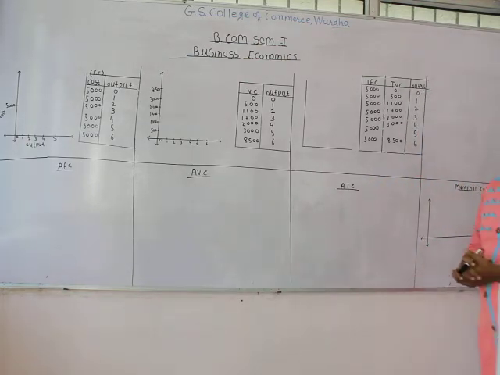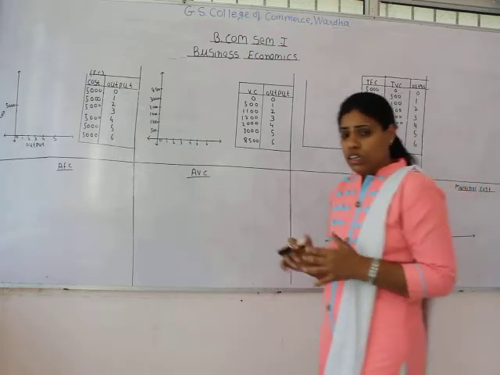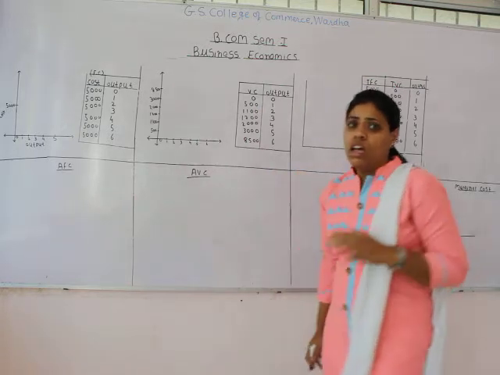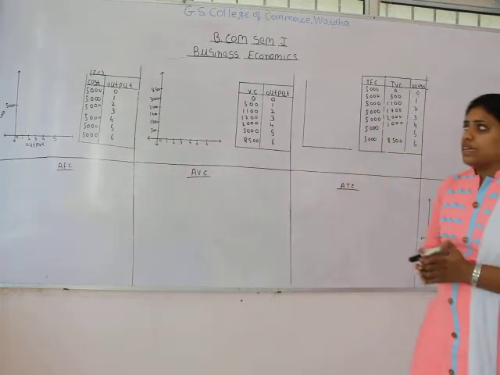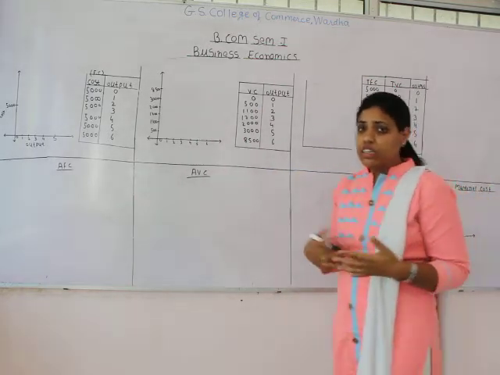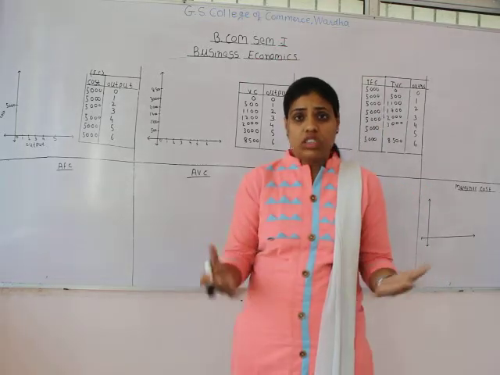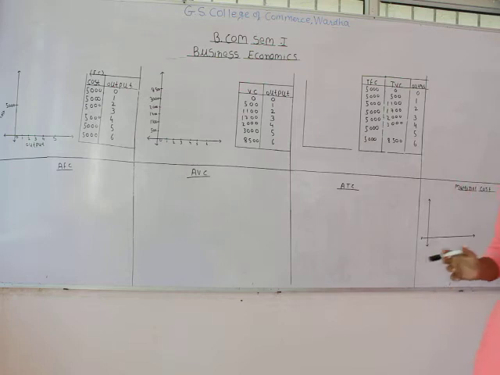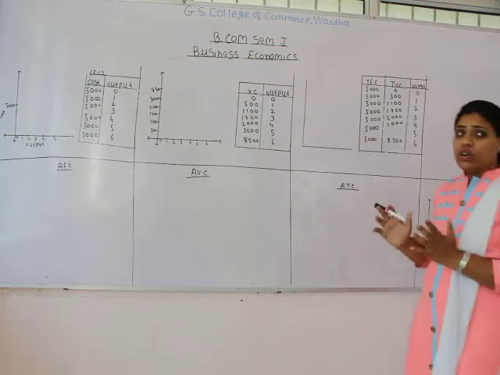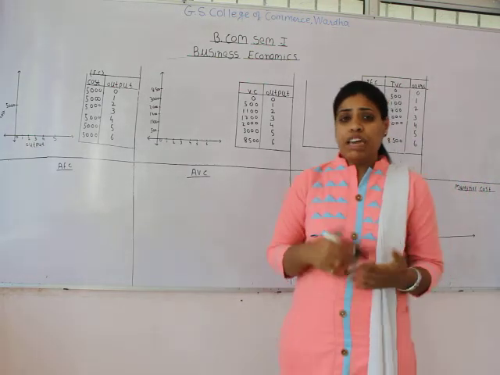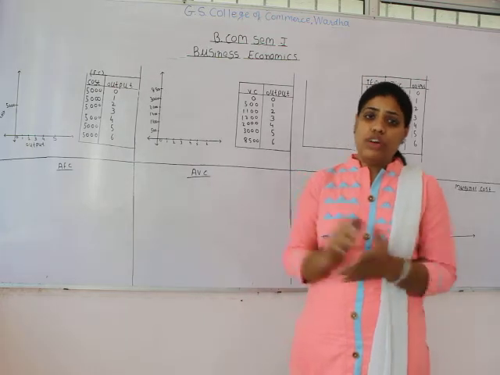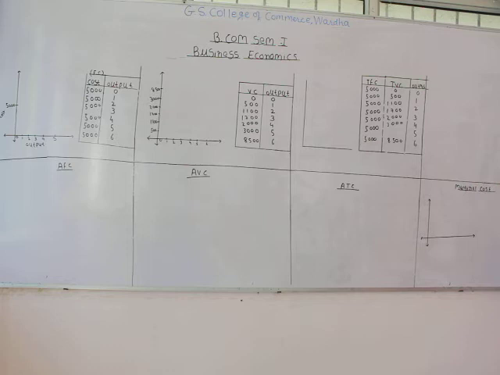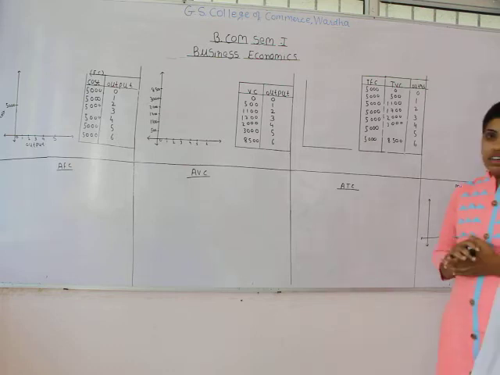In our last lecture, we started with the second topic of our fourth unit, that is cost function or cost concept. Thereby we have seen the introduction of cost function and the different types of cost. In today's lecture, we are going to see the behavior of different costs in short run. So we are going to understand this with the help of schedule as well as the curves.